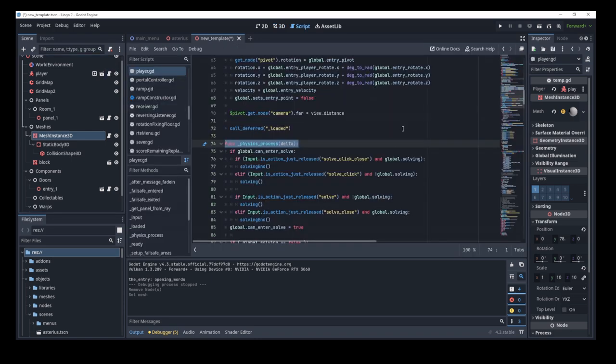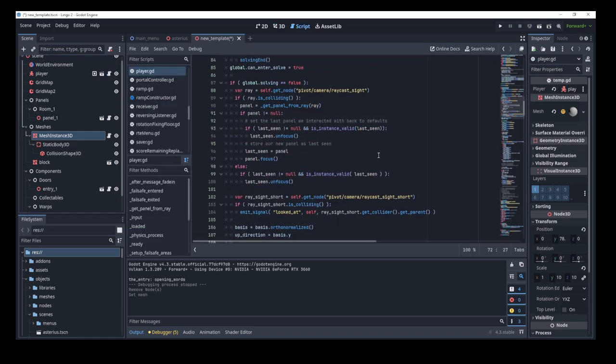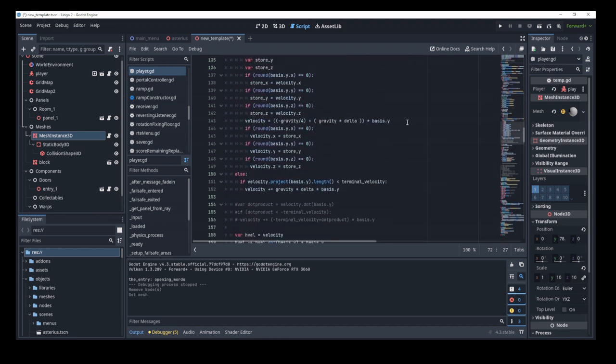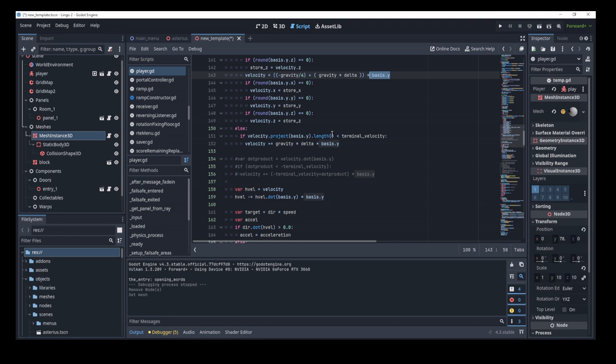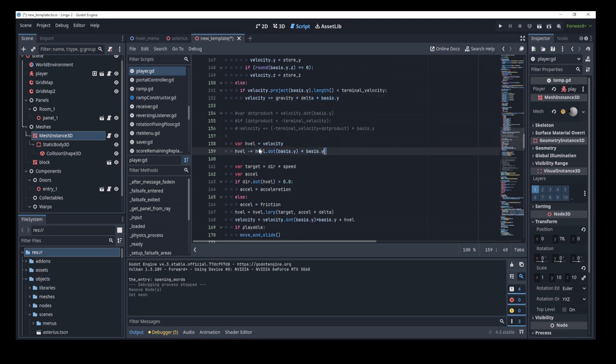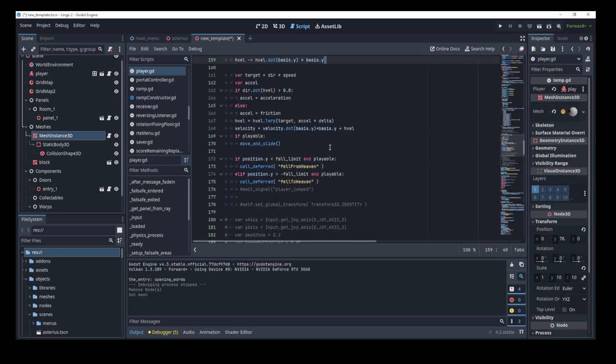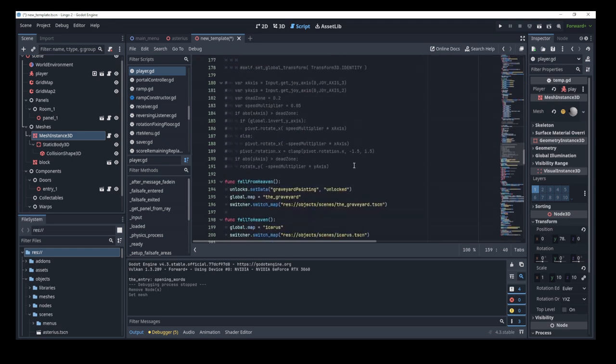So the only things I changed in the player script were stuff like, let's go down right here, where this is now referring to basis.y instead of the global y direction. Again, basis.y, basis.y. All I did was change the references to the global y to basis.y, and at some point somewhere,